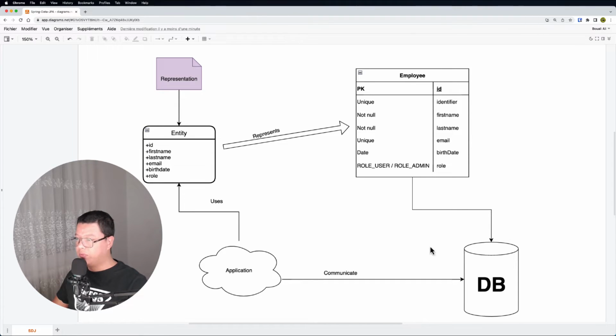For example, if we want to insert the data, we need to prepare an SQL query like insert into employee, and then we need to provide all the fields that we have like first name, last name, and so on and so forth, and then we need to provide the values. And imagine one day we want to extend or remove some fields from our table or tables, generally speaking.